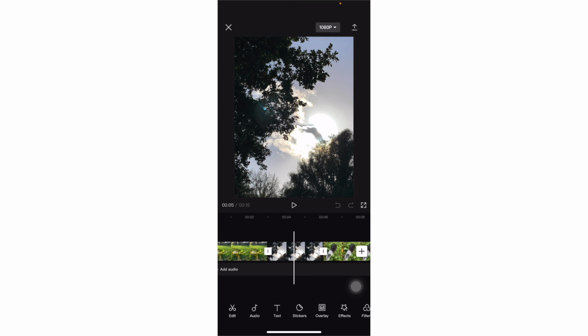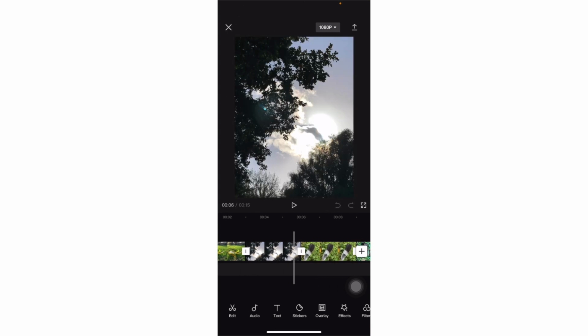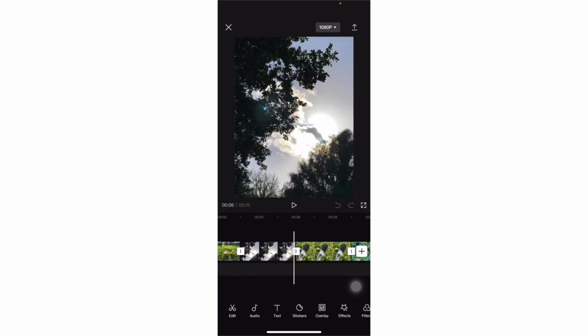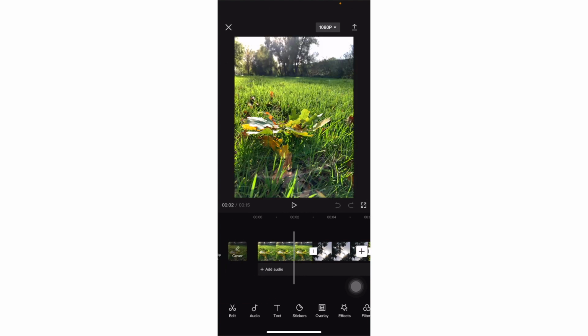So at this moment I can still choose what kind of video I want to make. You should have decided it before you ever made the pictures already. You can change it now as well, because you can make a video that's horizontal, like for YouTube, or you can make a video for, let's say, Instagram Reels or TikTok or YouTube Shorts, and that's a vertical video.